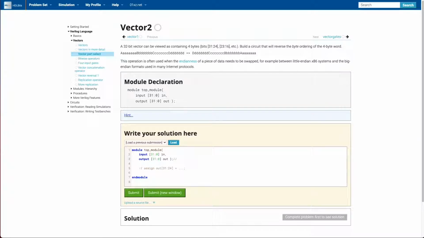So whatever. We basically just want to assign the output to be